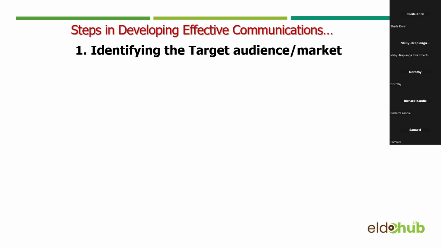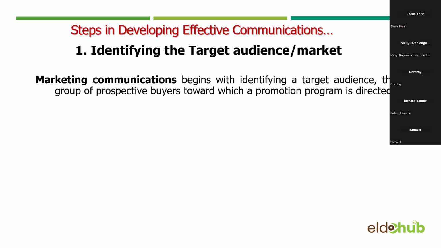So in developing an effective system, the first thing I said is knowing your target audience. So marketing communication starts now with the audience itself. Know the group of people that you want to buy your product. Know how many and where my target audiences are. And this we have discussed mostly on the BMC, the business model canvas. We know this is the target customers you want.